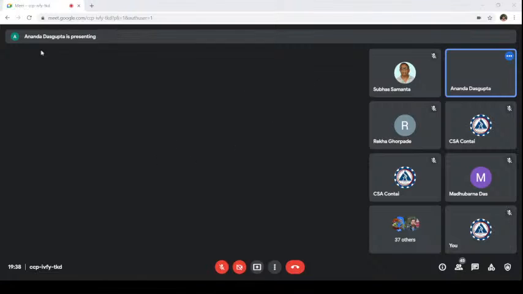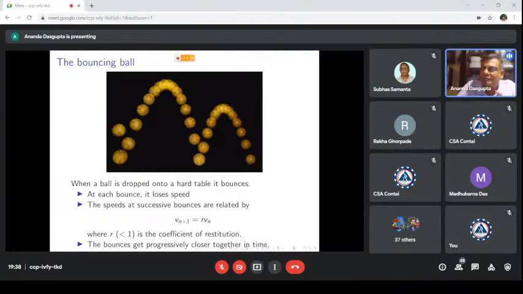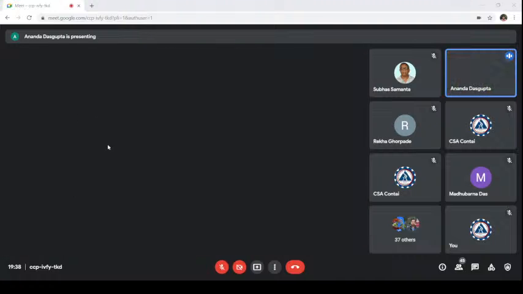We will start with the basic physics here, and this is of course familiar to everybody in the audience. This is basically class 11 stuff. If you have a bouncing ball which is dropped on a hard table or the floor, of course it bounces. Now the picture here is one I took from the internet. It's slightly misleading in the sense that we are not really making the ball drop parabolically. That is, we are not giving it an angle. We are going to try to drop it as vertically as possible, so it's going to just go up and down.